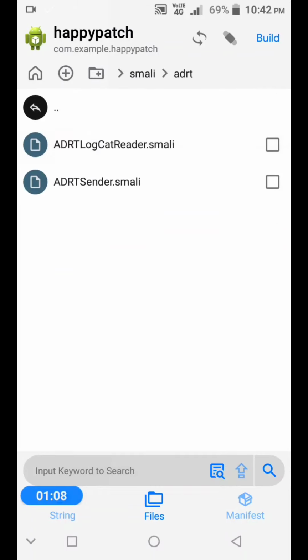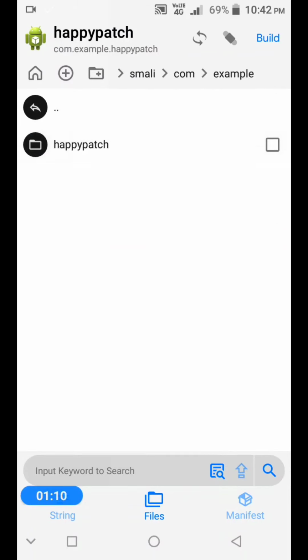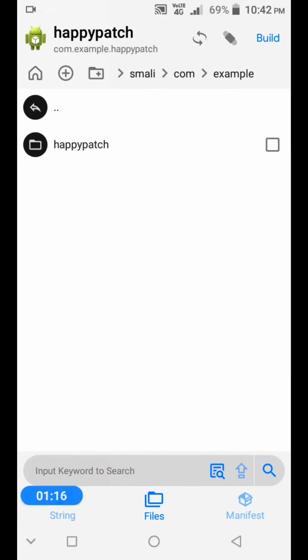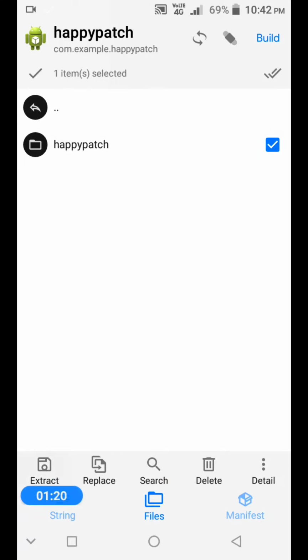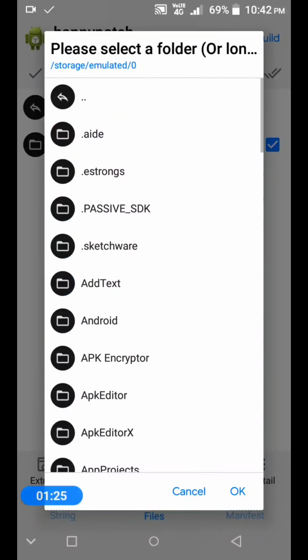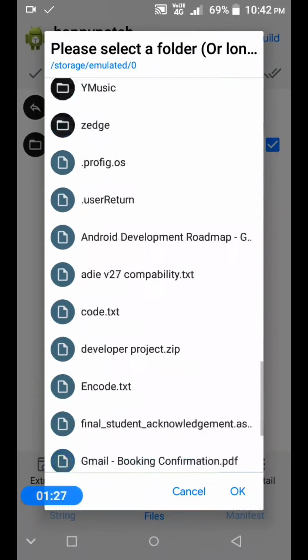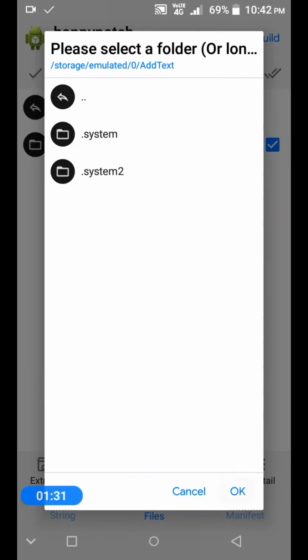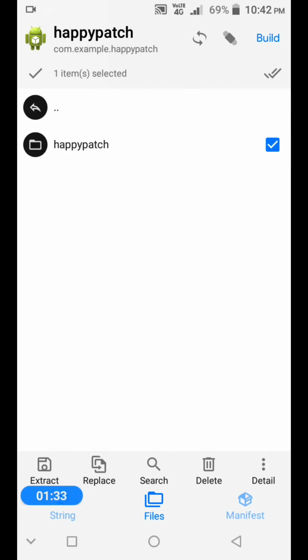What you're going to do now is copy this whole folder. You can see here the Happy Patch folder, which you need to extract. I'm extracting it in the add text folder. So it's extracted.